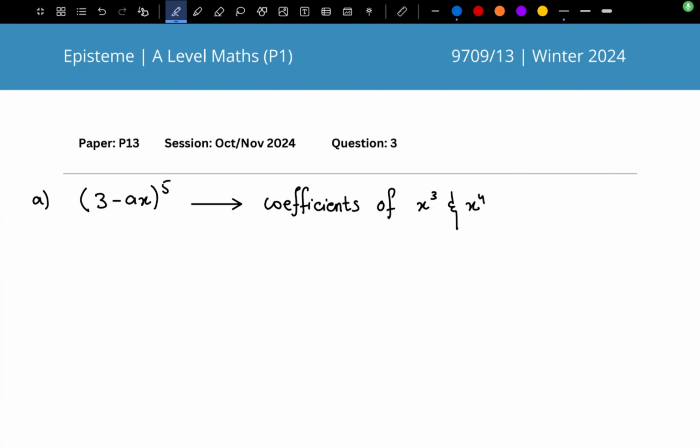Hey everyone, in this question we have been given an equation where we need to find the coefficients for the x cube and the x to the power of 4 value. We can do this by simply using the binomial expansion. So we can write this down as